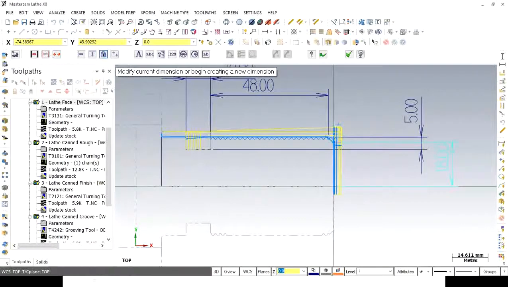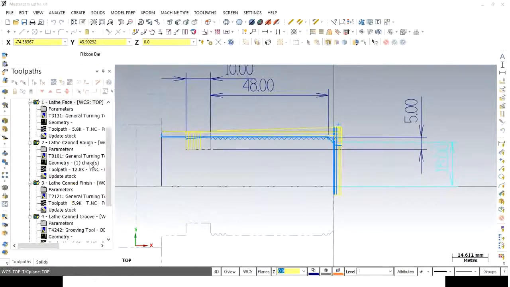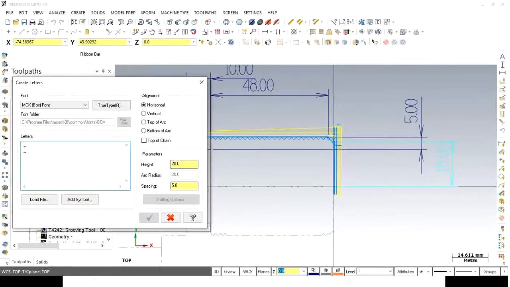If you want to add letters, click on letters, and then you can provide the threading value as M40 into 2. So that value also you can provide. By clicking on letters, a new window will appear. Here you have to type the letters whatever you require, and the height of that text you can provide from here. So let's take the height as 5 mm.